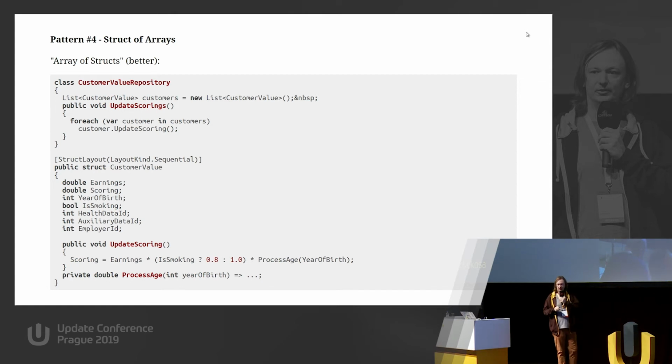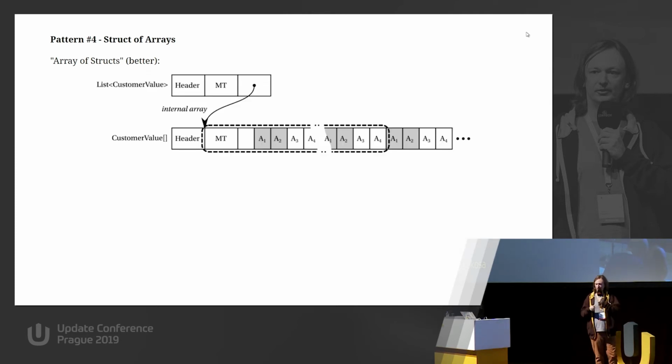And the second benefit: when we are using a list, and in fact an array of structs, these structs are inlined into the array itself. There are no references to customers. Now the customers are values, the whole customers are inlined into this array underneath. So this is better for us because we have less jumping all over memory. Now customers are laid out one after another in memory, so it is good.